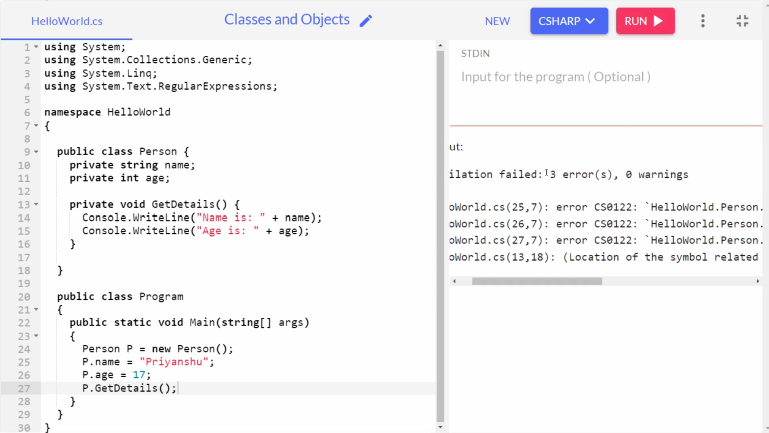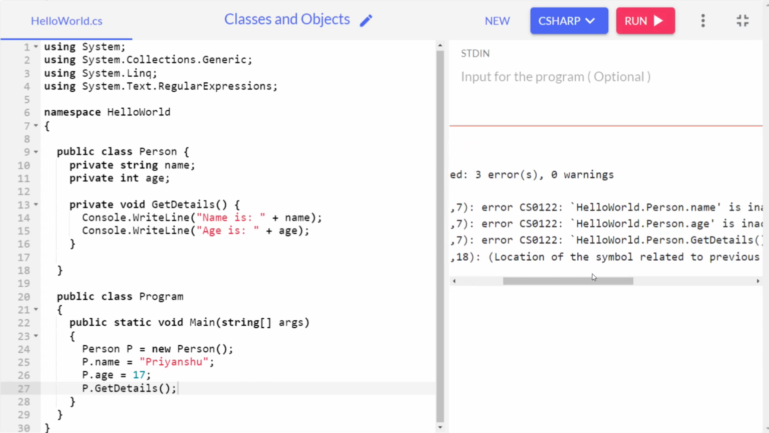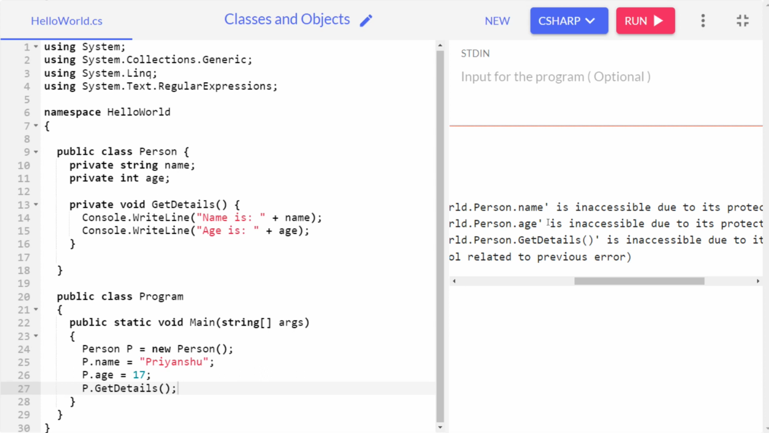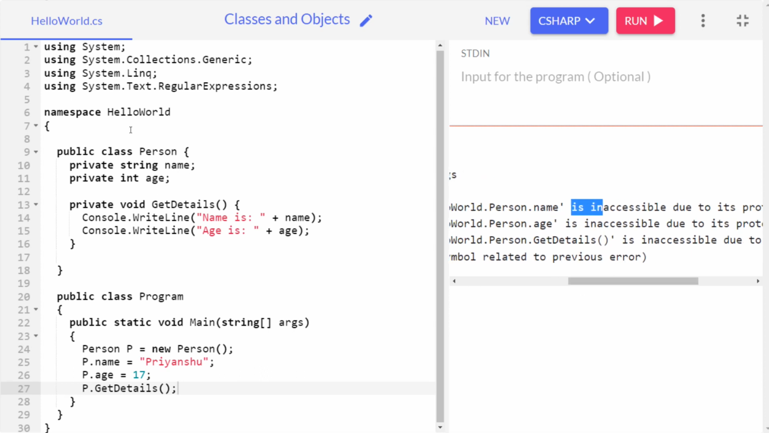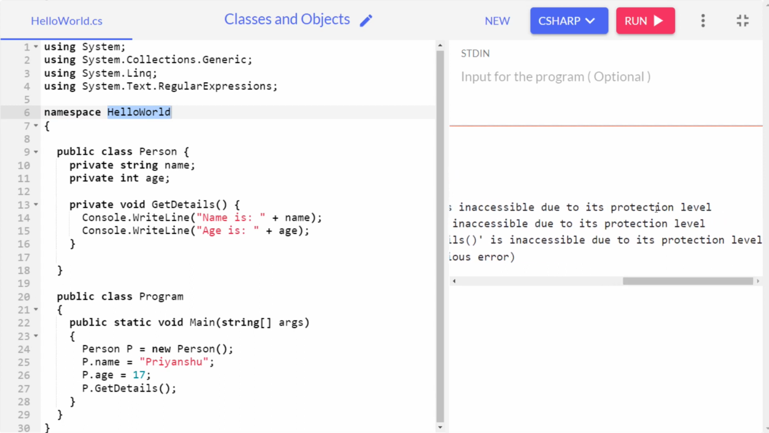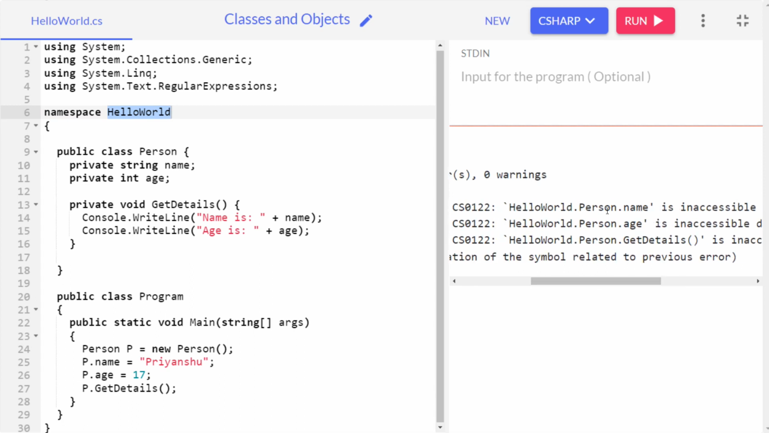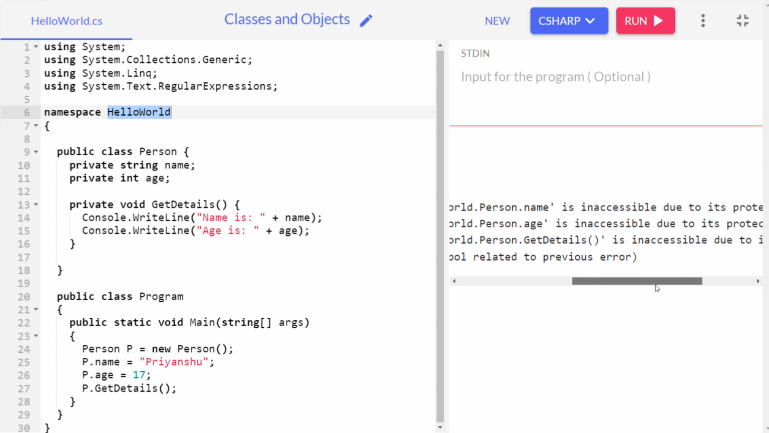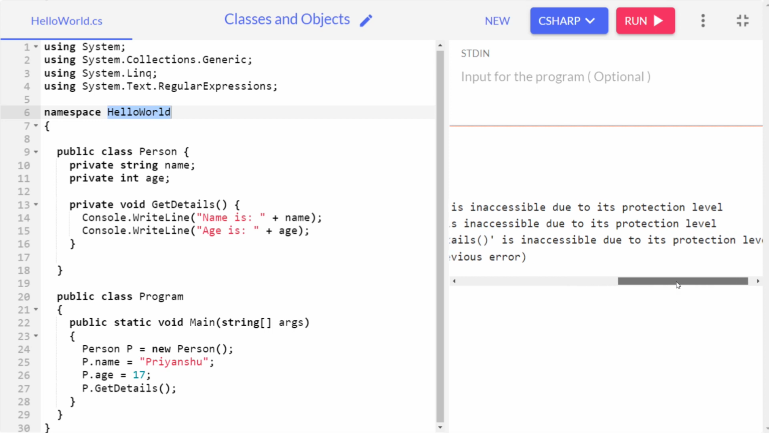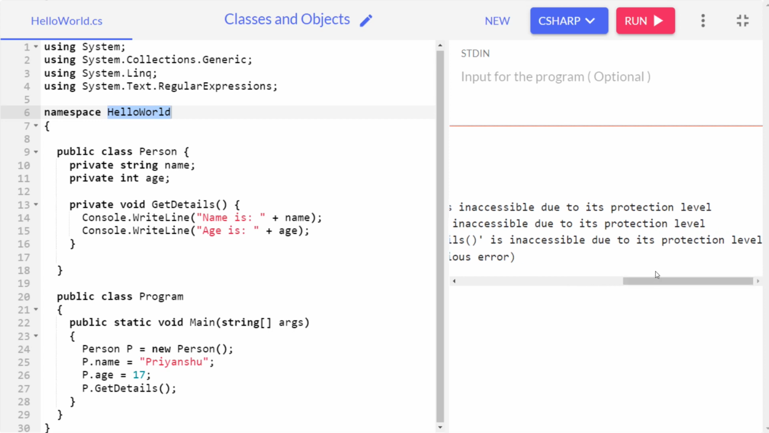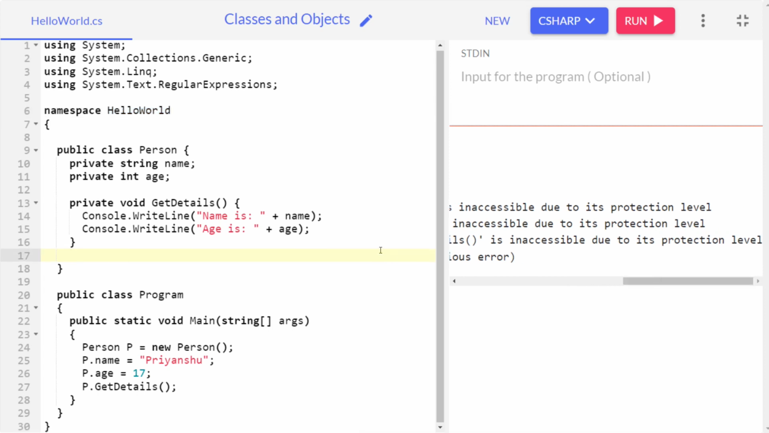Here you can see there are 3 errors. The person.name, in the namespace HelloWorld, is inaccessible due to its protection level. Again, another is person.age is inaccessible due to its protection level. The same goes for person.getDetails, it is inaccessible due to its protection level. So because of the private keyword,